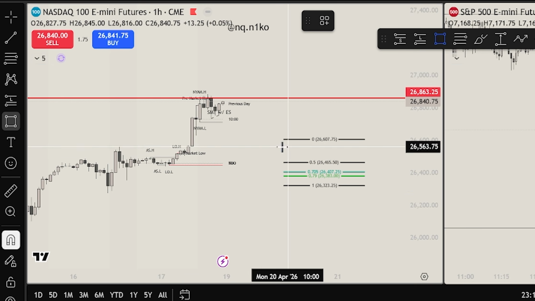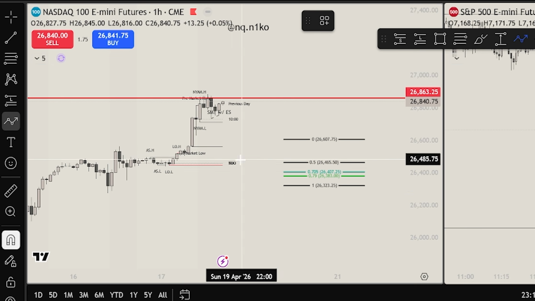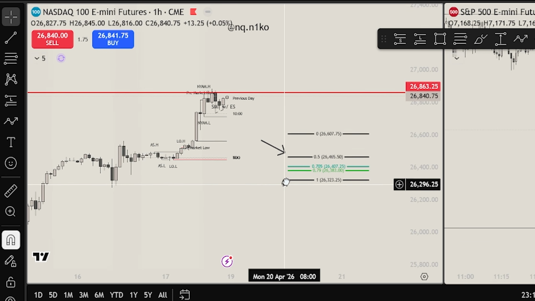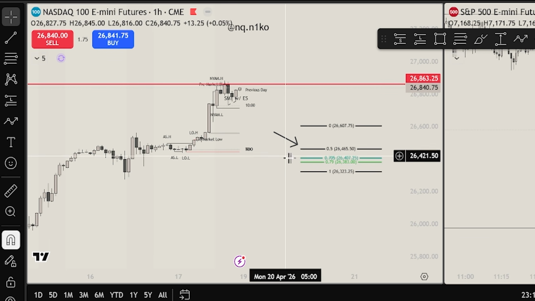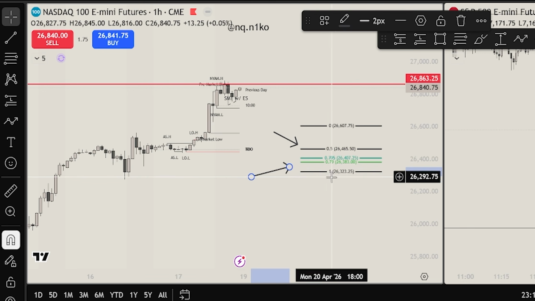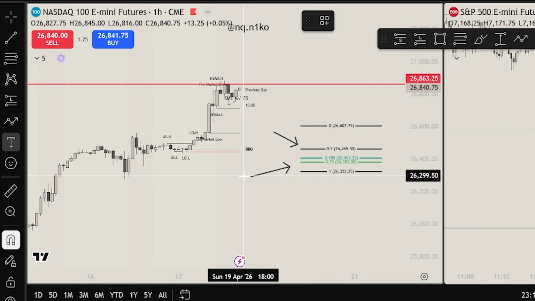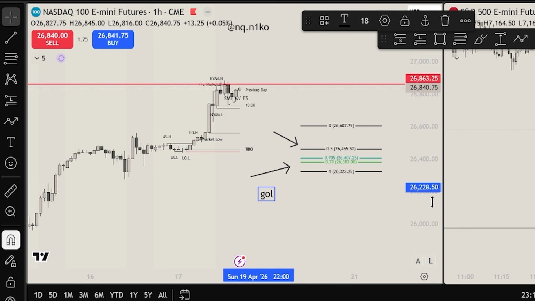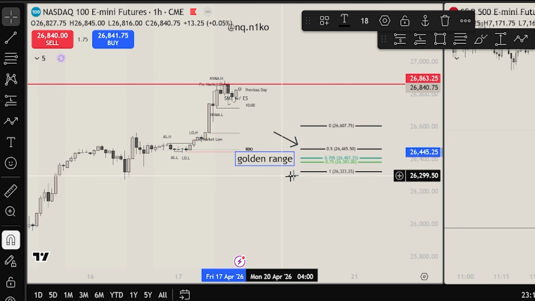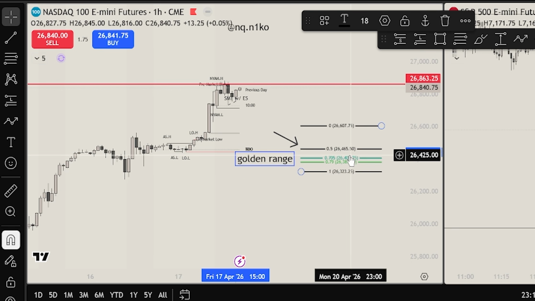If you see right here, we have our 0.5 range. I like to call these equilibrium. This can sometimes help you with your bias or just understanding what market's doing. And then we have our 0.705 and 0.79 ranges. This is what I like to call our golden range, right? The 0.705 and 0.79. That's where we ideally would want to look for an entry on our trade because we